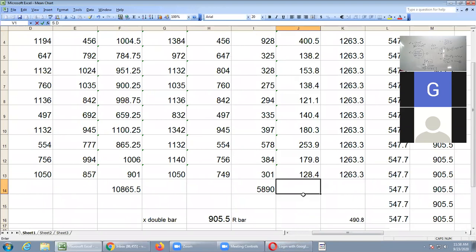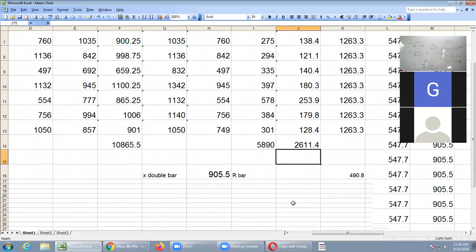Take the total here with the same summation button, the auto sum option, and press enter. Automatically you are getting the S total, 2611. But I have to calculate S bar. What is the formula? Press the equal to button, select the total, which is a single value, divide by 12, and then enter. Round it to 1 decimal place.